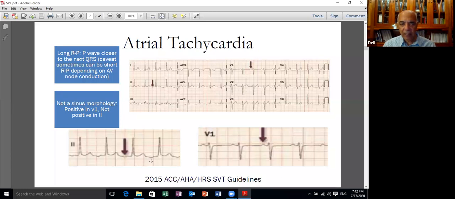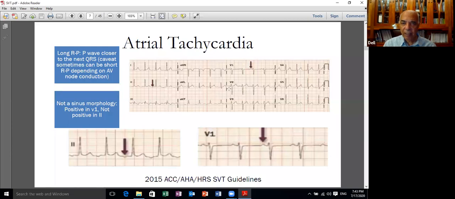So it means that the focus of atrial activity is located down in the atria. At the same time, it is positive in V1. Usually the P wave is either biphasic or more commonly negative in V1 because the sinus node is located in the right atrium, which is an anterior structure, and activates the atrium in an antero-posterior direction. As a result, a sinus P wave is negative in V1 and positive in the inferior leads. And as you see here, this is not sinus because it is positive in V1 and negative in the inferior leads.